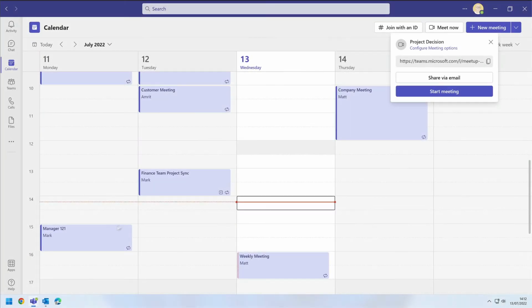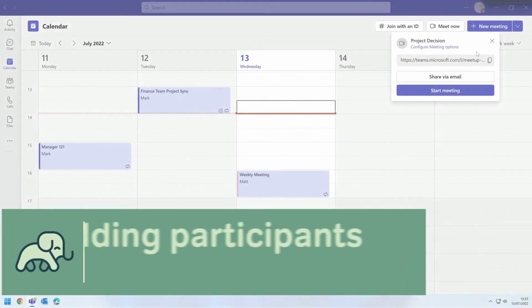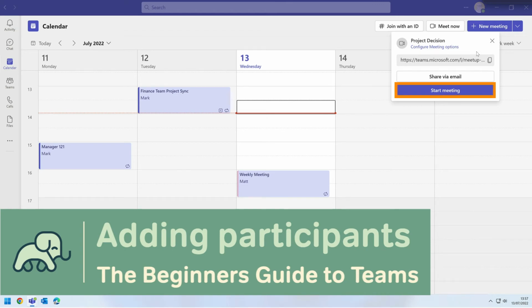It gives me the option to share it by email as well. That just opens up a new email from Outlook, and I can paste the link in and send it to whoever I want to come. Once I've started my meeting, I can add more participants.